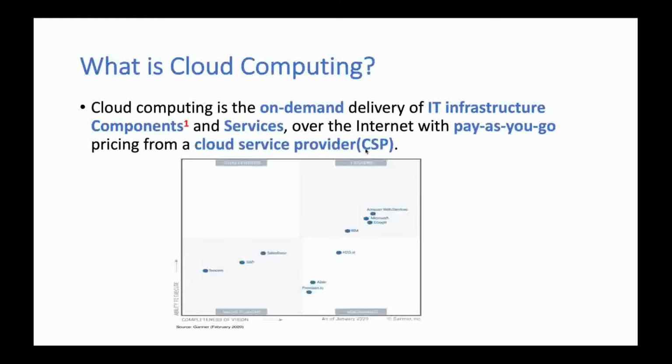Now that I've given some time to answer, the infrastructure components could be your hardware, your software, your networking components, a bunch of IT related components. You get access to those via the internet as you need them, and you pay as you go. For instance, if you own a car, what happens? You have to maintain the car, do oil changes, fill gas for it, and then